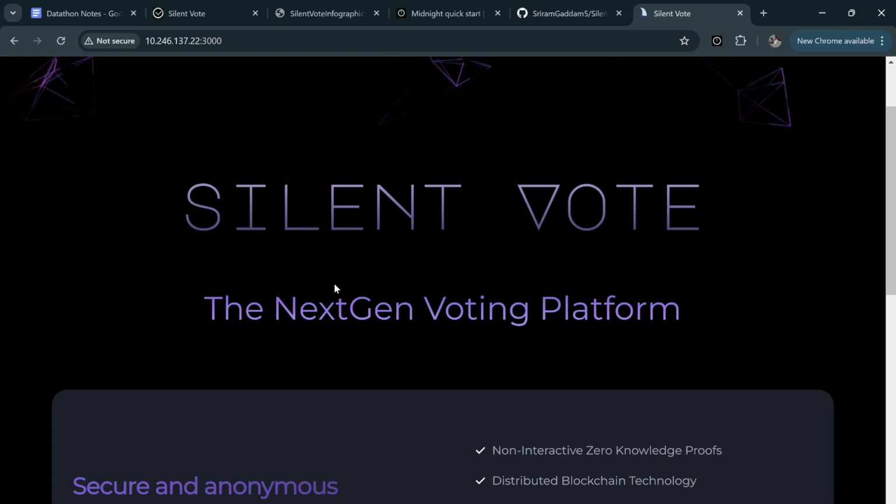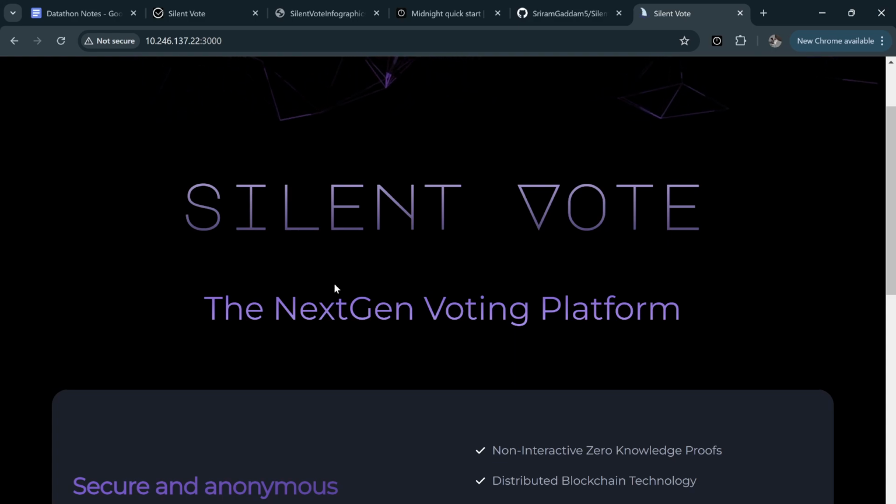So on the topic of how Silent Vote and Midnight are related, the core of Silent Vote is centered around privacy and trust, and Midnight's blockchain infrastructure is specifically designed for this. While we're still in the early stages of implementing this, we want to imagine what Silent Vote would look like with Midnight smart contracts fully implemented. So Midnight enables decentralized transactions of sensitive data perfect for voting, as it eliminates reliance on a central authority while